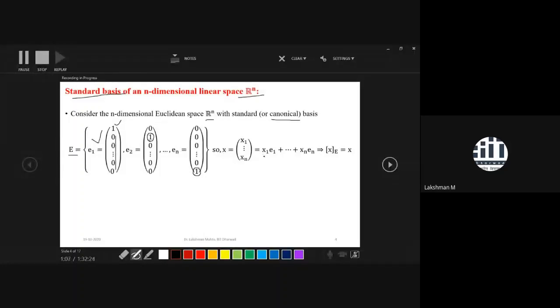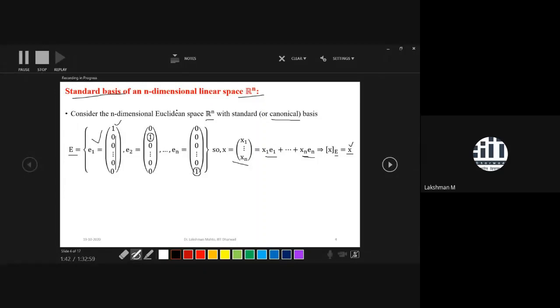If you take any general vector, a combination of these standard basis vectors E1, E2, so suppose you have a vector with coordinates x1, x2, xn. Simply you can say that x is written as x1 times E1, the first basis vector, plus x2 times E2, likewise plus xn times En. So if I am asking what is the coordinate of the given vector x